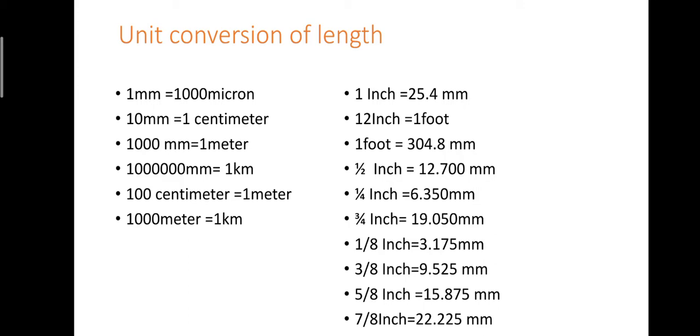1 by 2 inches is equal to 12.700 mm. 1 by 4 is equal to 6.350 mm. 3 by 4 inch is equal to 19.050 mm. 1 by 8 inch is equal to